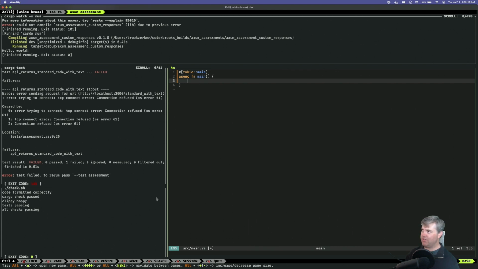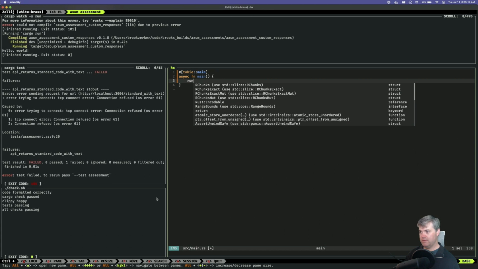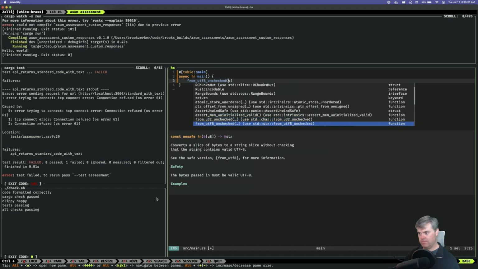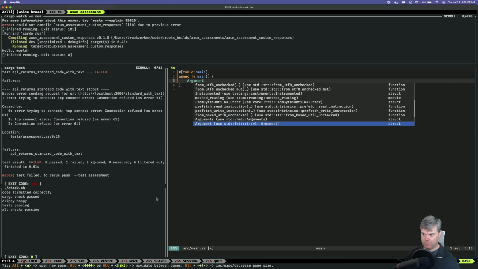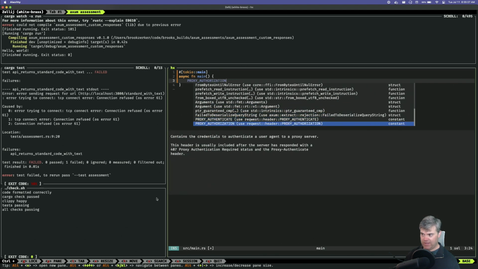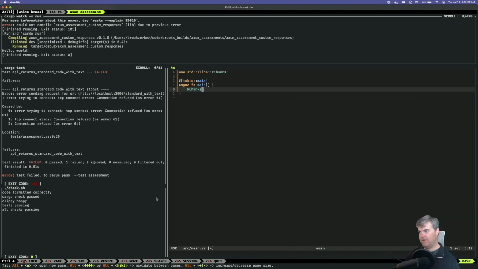Everything's sort of being handled, so I can just grab run. If you can find it. Of course. What's the name of this? This is Axum run.